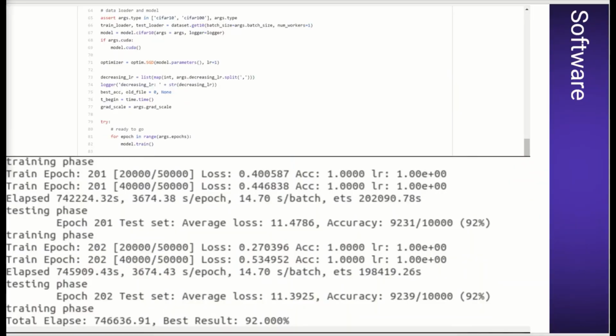For the software portion of our project, we developed a deep convolutional neural network in TensorFlow to simulate the hardware integration, specifically the weight quantization that needs to occur to translate the weight data from digital to analog current. The top image shows a code section of the network, while the bottom image shows the results from training the network. What isn't shown is the results from running inference, in which we recorded the weight data of one subarray in the third layer of the neural network, which was used to design the PCB.